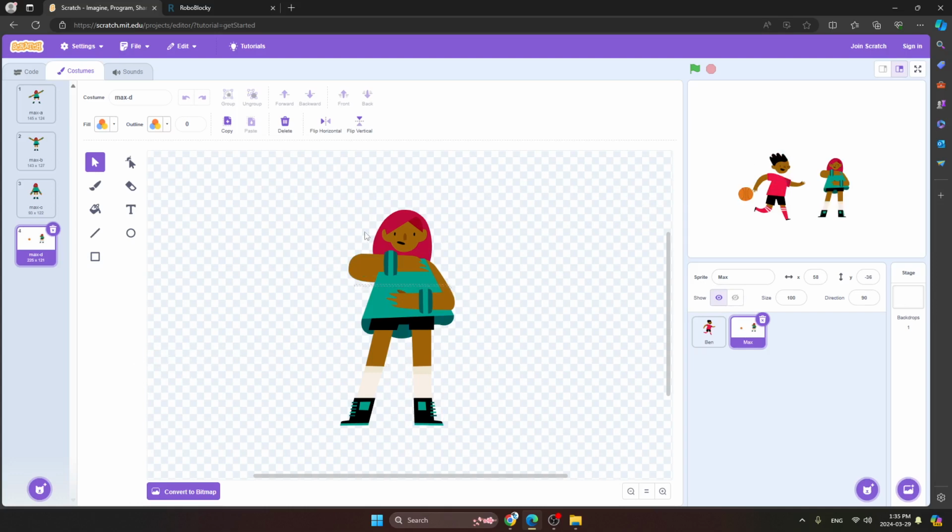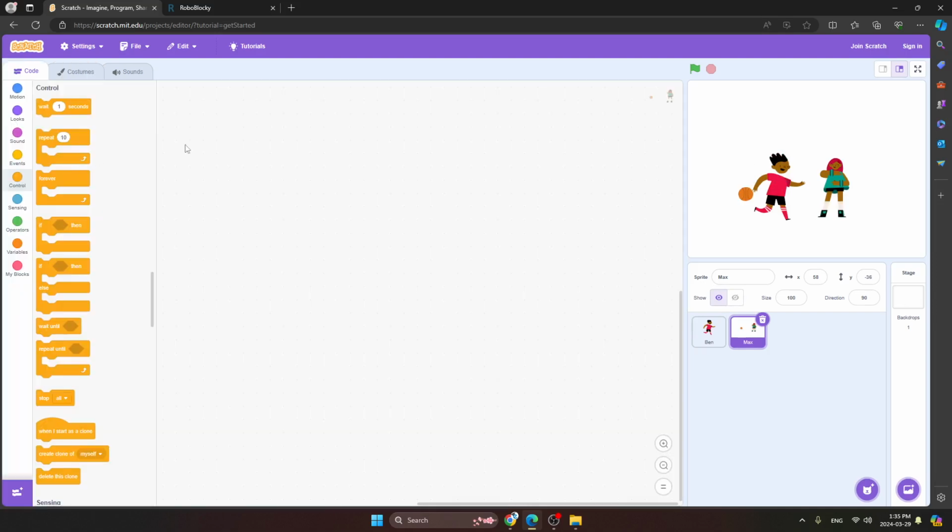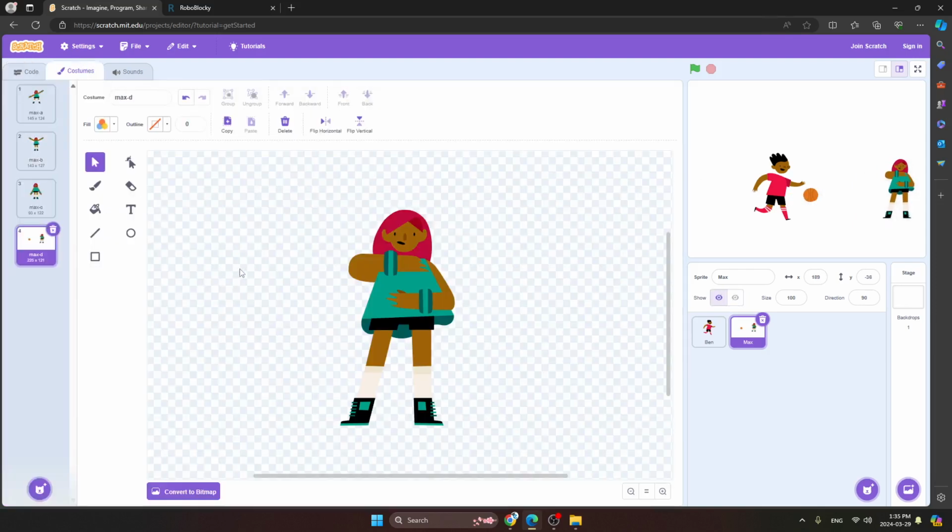We will take the ball again over here. So you can see this is the ball. Now we will go on costumes and take the ball. Now we will delete the ball. On the upper side of your screen, you can see the option of delete. So here I have removed the ball.